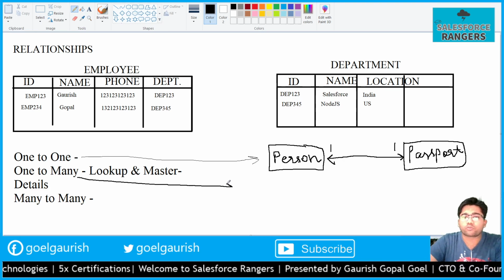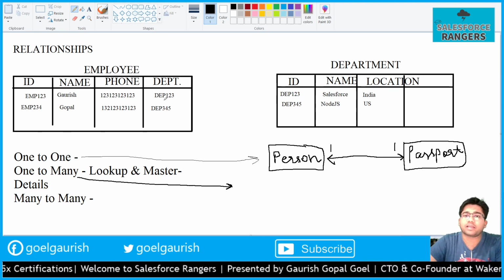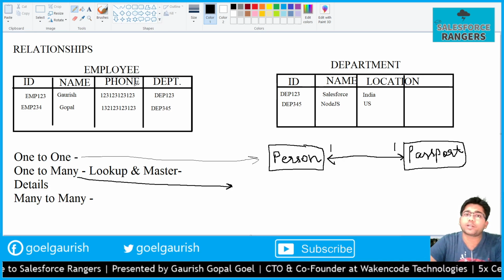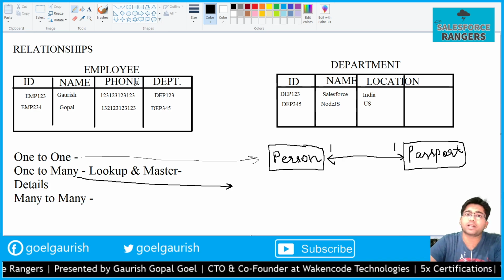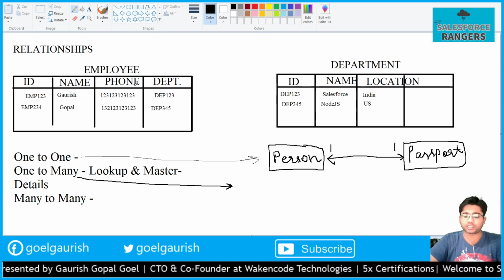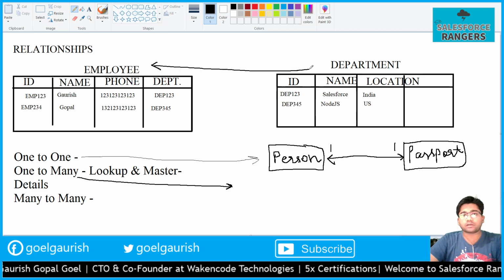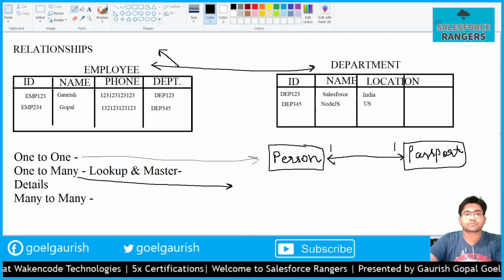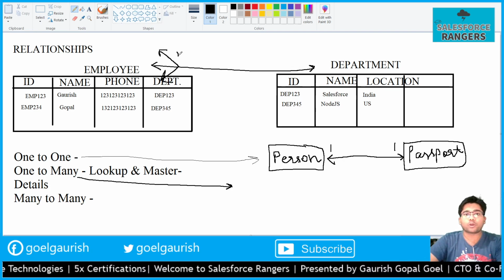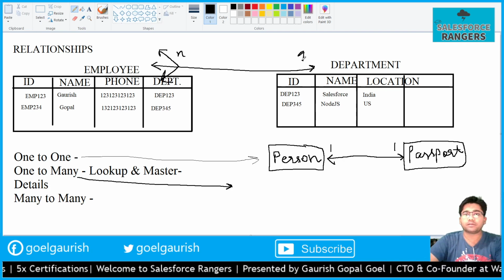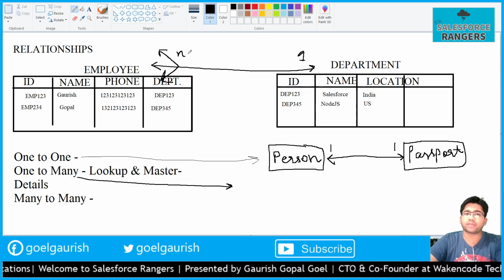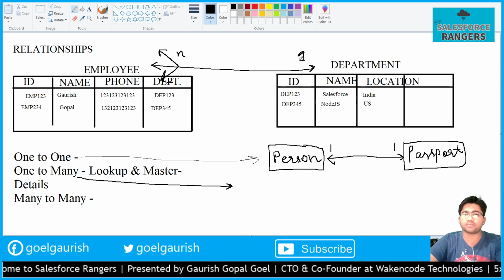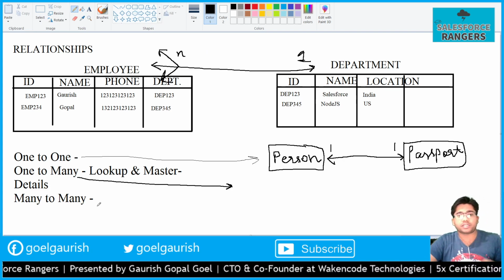And if we talk about one to many, then we can have the example of the employee and department table. An employee can only be related to one department, but one department can have more than one employee in it. So it becomes a one to many. So employees are many and department is one. So this is one and the same thing. Many to one or one to many, this is the same thing. Don't get confused by it.